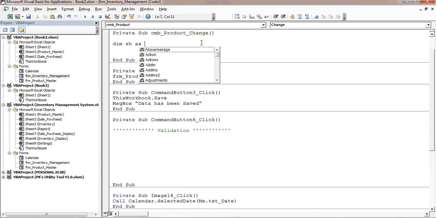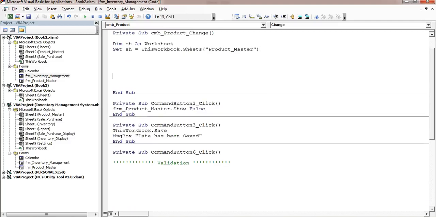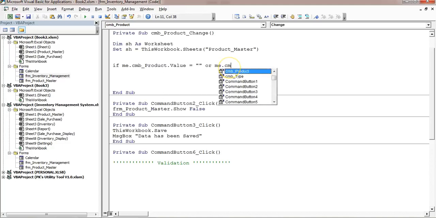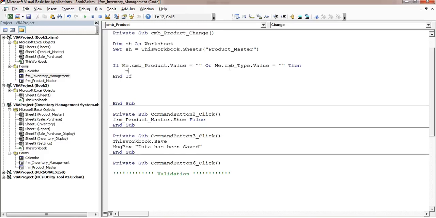Dim sh As Worksheet, Set sh = ThisWorkbook.Sheets, I'll take the product master sheet. So the first condition: If Me.cmb_product.Value is equal to blank, or Me.cmb_type.Value is equal to blank, then our rate or price text box should be blank. So I'll use Me.txt_rate.Value = blank.